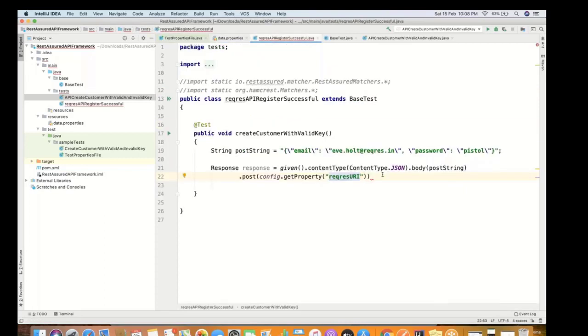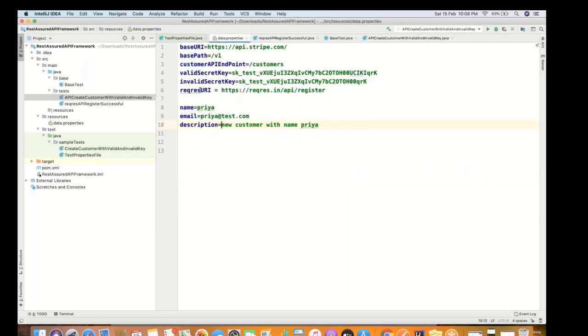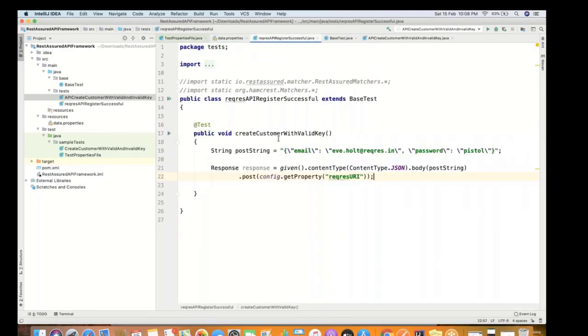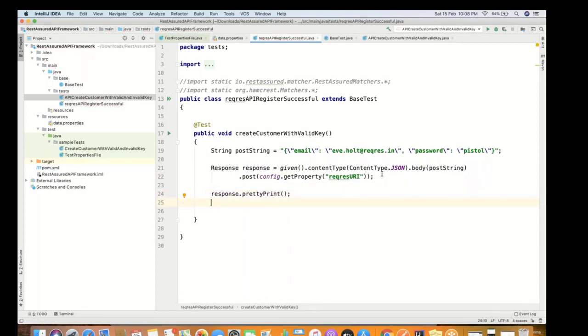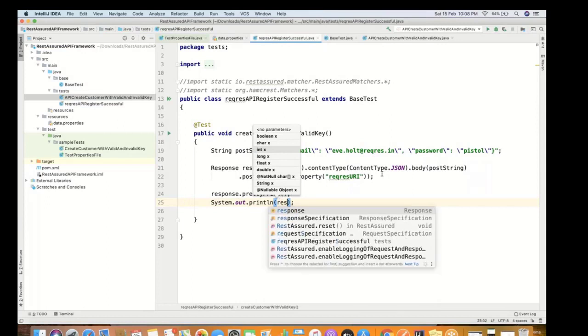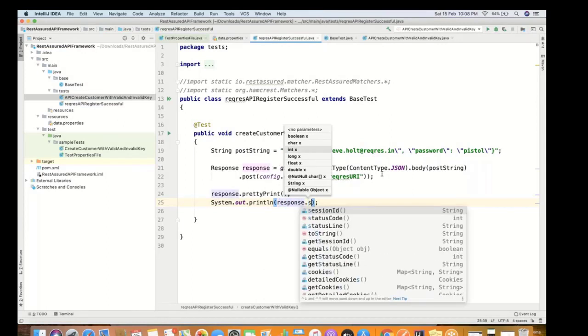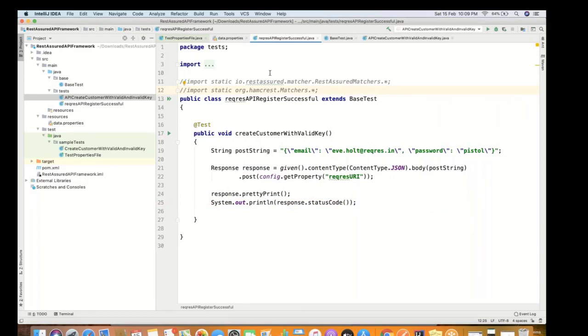Then that's it. You don't need to pass anything. So whatever URI we are having, we stored in the properties file the key, and the value we are passing here. Now if I run this, sorry, we need to print it also, right? So I say response dot pretty print. Then I want to print the status code as well. System dot out dot println, response dot status. Now if I run this,